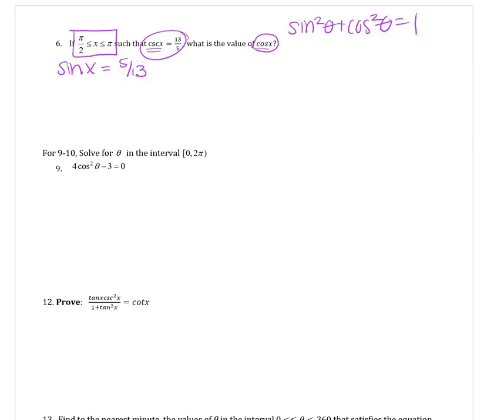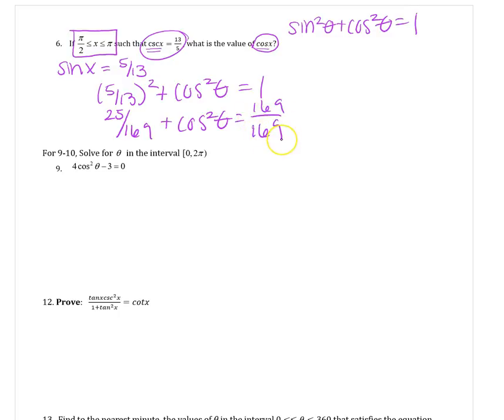Now I just have to plug into the identity. So (5/13)² plus cosine squared of theta is equal to 1. And then we just solve. So this is 25 over 169. Then I may change this to 169 over 169. Subtract 25. So cosine squared of theta is equal to 144 over 169, which you should recognize both of those